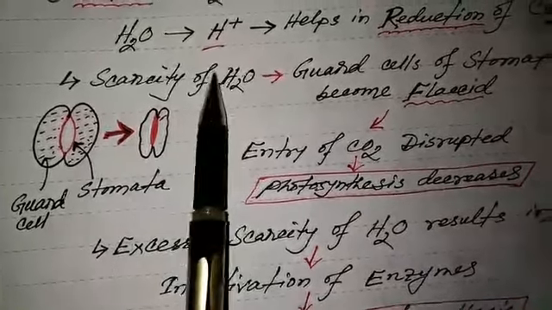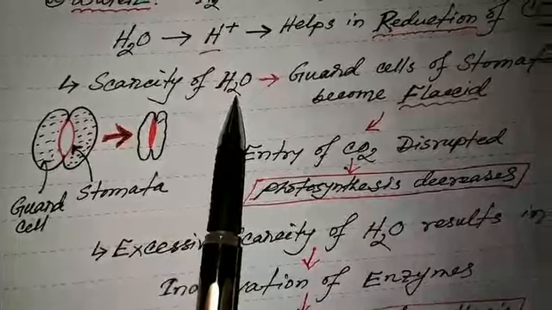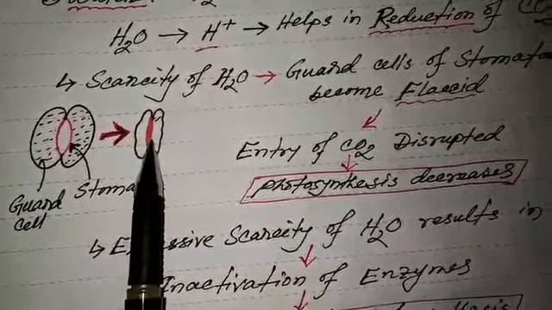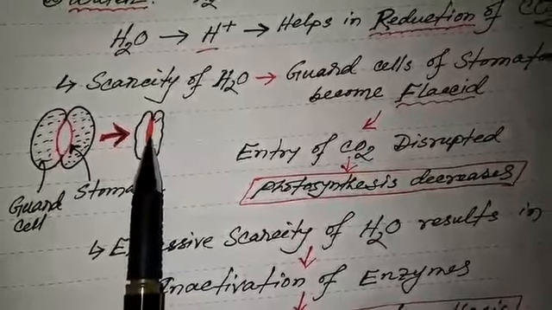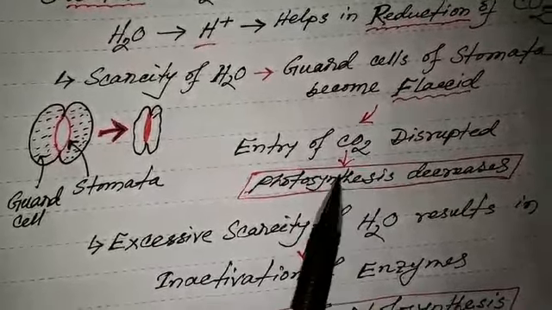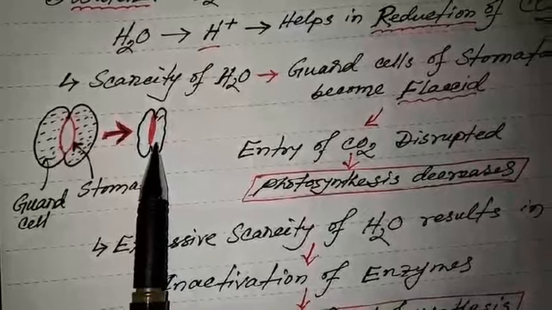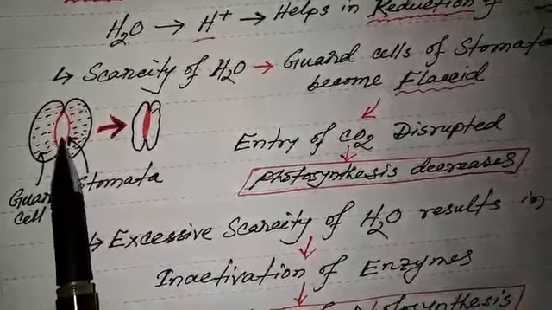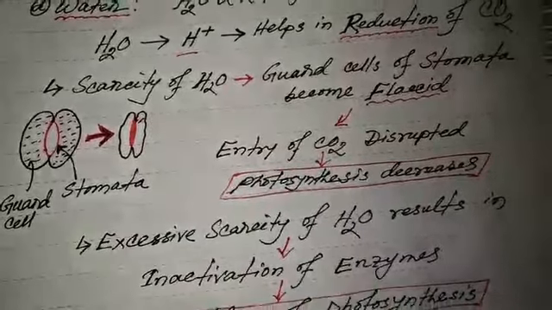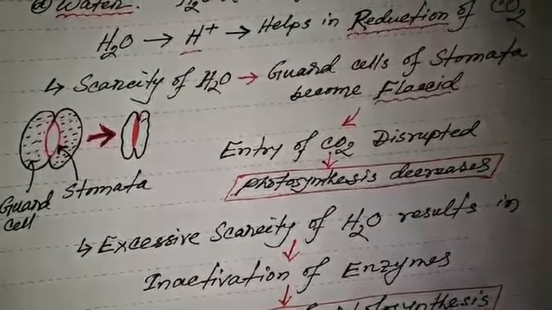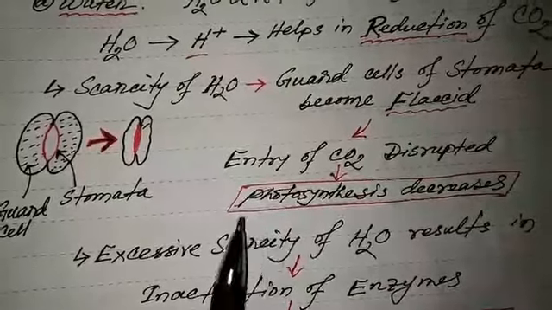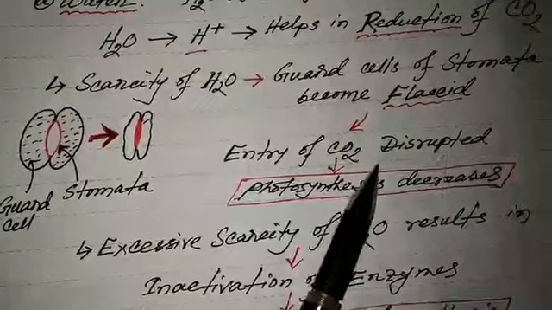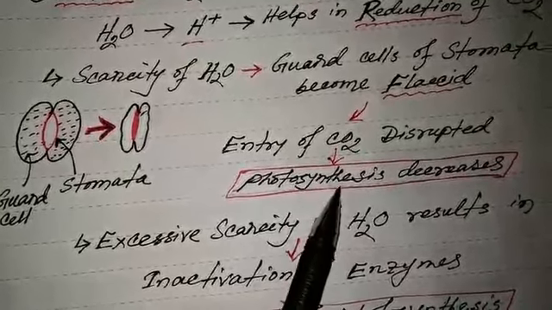So here, if there is a scarcity of water, then the guard cells of the stomata become flaccid. If there is a very low amount of water, then the stomata will be closed. And if the stomata is closed, then we know carbon dioxide enters through the stomata to the mesophyll tissue, and ultimately to the chloroplast. So if the stomata is closed, then the entry of carbon dioxide will be disrupted, and ultimately